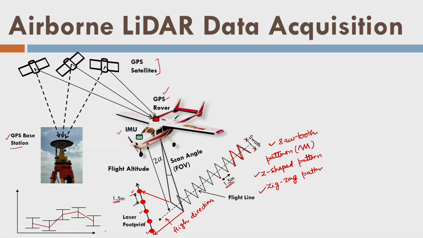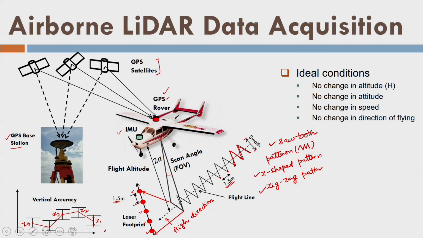So now we can see here that this is the vertical accuracy showing here, these boxes from here to here, some kind of vertical accuracy is there, Z with respect to some datum. So let us say Z1, Z2, this is Z3, Z4 and Z5 here. So these are indicating the height or elevation of a point with respect to some datum surface, and this is indicating the uncertainty in the Z value of the topographic point, or the point on the ground surface. So this is a typical example of an airborne LiDAR data acquisition.